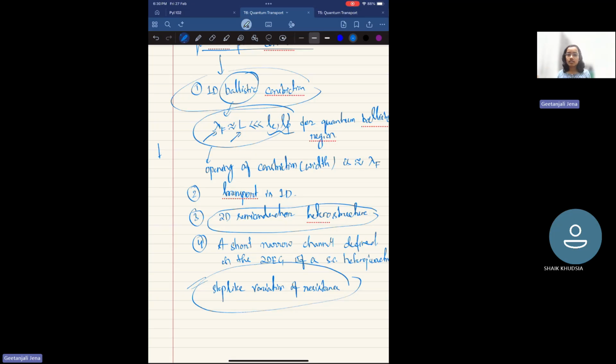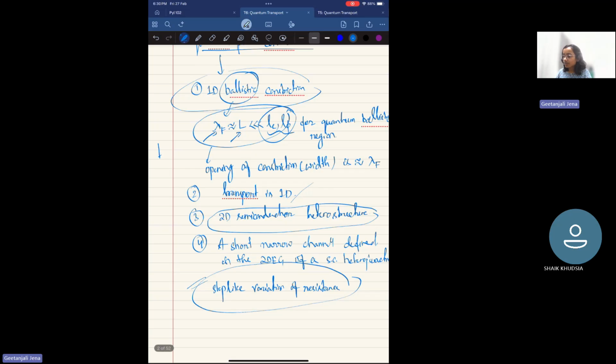Because the mean free path is very large, there won't be any scattering, right? That is why we say this is a ballistic transport regime, where the scattering can be minimized. This minimization is because of the larger value of the mean free path, which is much larger than the Fermi wavelength or the device length. And the transport through the quantum point contact is 1D. We'll see one example where we have considered a 2D semiconductor heterostructure to see what is happening around this quantum point contact region.